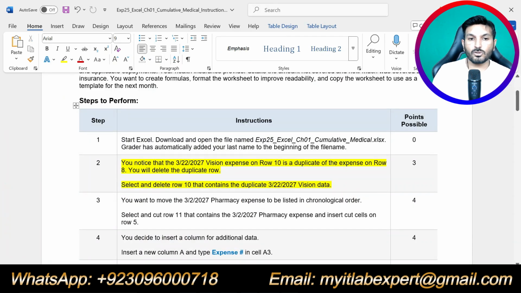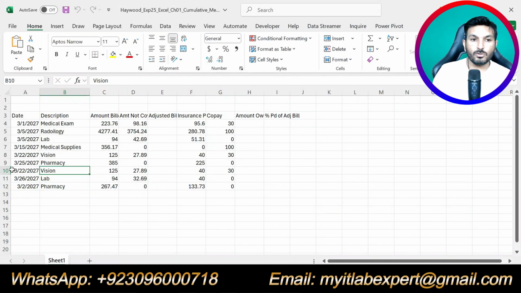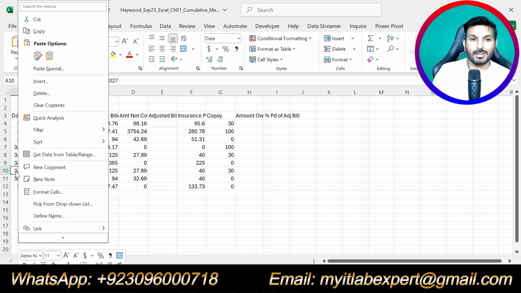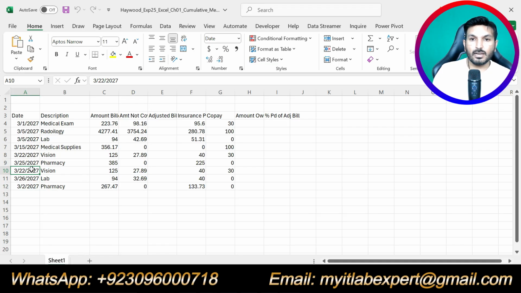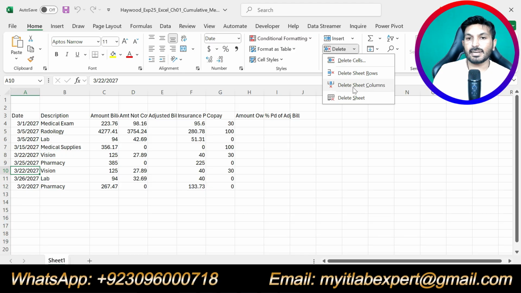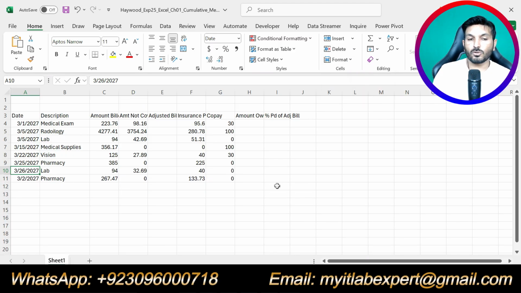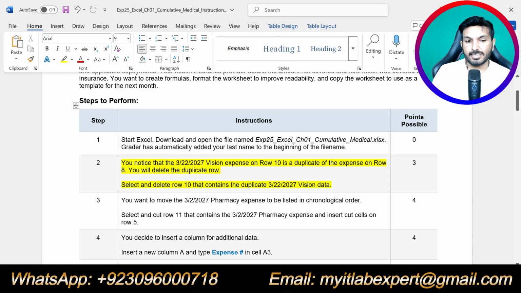So select and delete row 10 that contains the duplicate record. So we will click on this one and go to the cells group, click delete and click delete sheet rows. Row 10 has been deleted, and that is all about step number 2.